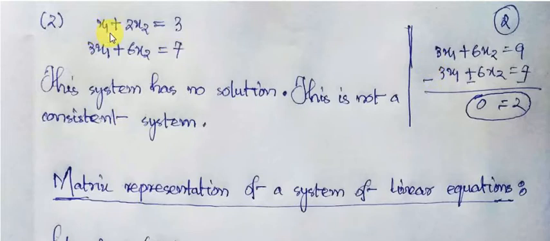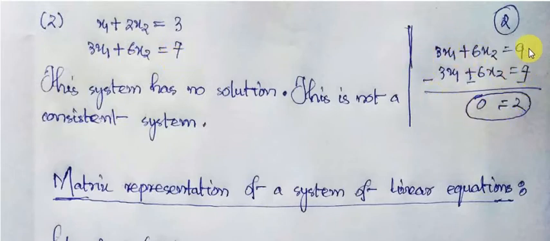This first equation is x1 plus 2x2 equal to 3. I am merely multiplying both sides of this first equation by 3. That is 3x1 plus 6x2 equal to 3 into 3, 9. And the second equation is 3x1 plus 6x2 equal to 7. If we use